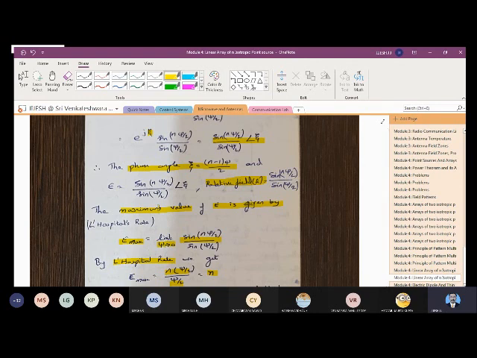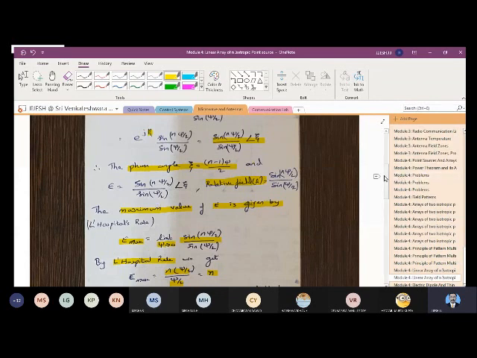So if you are having 1 point source, then E max will be 1. It's a very important point to be understood that if you have 1 point source, then E max will be 1. If you have 2 point sources, E max will be 2. And if you have 3 point sources, the E max will be 3. So the maximum value is n. N is how many isotropic sources have been placed with equal amplitude and spacing. So you have to separate them in equal spacing, as well as you should have equal amplitude. If that is the case, then E max will be equal to n.